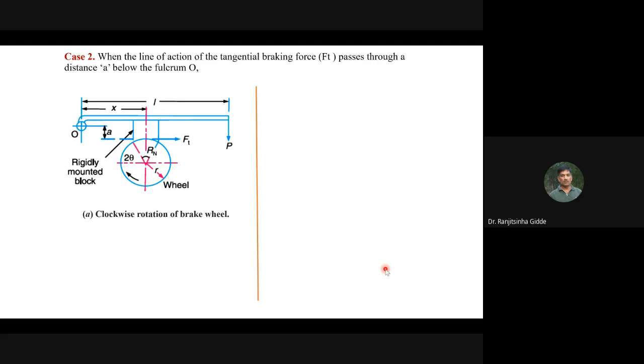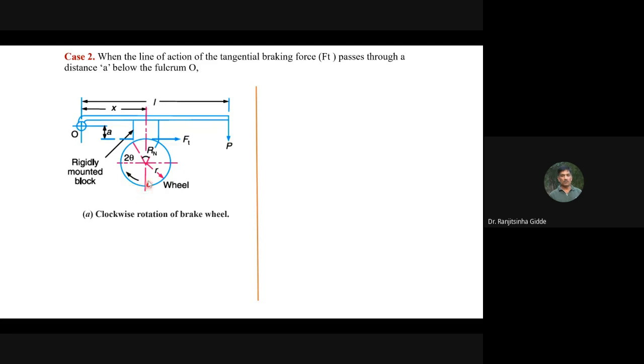Based on the design or whatever space is available, this block may have a different size, this disc may have a different size, and that's why there is a change. So when the line of action of the tangential braking force passes through a distance a below the fulcrum,